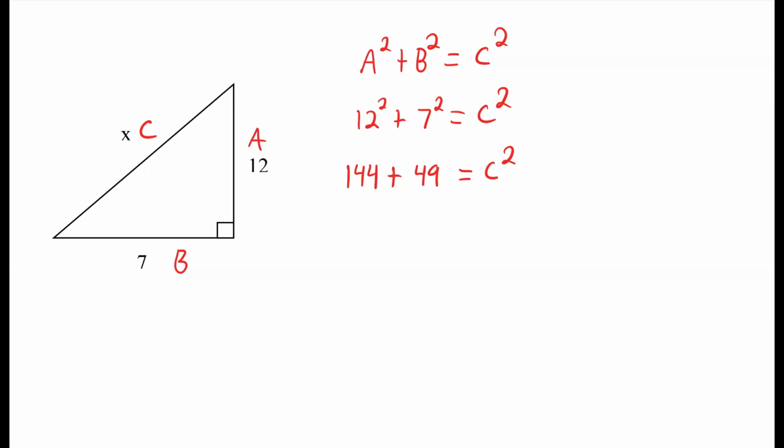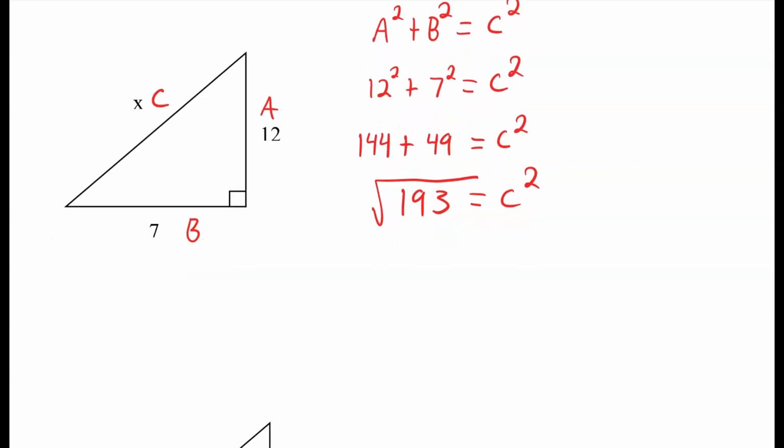144 plus 49 gets me 193, which is equal to c squared. And in order to get the square off of the c, I must find the root of 193. Now, if we flip back to that front page, we're going to find that there is no perfect square for 193. But the thing that we do know is that